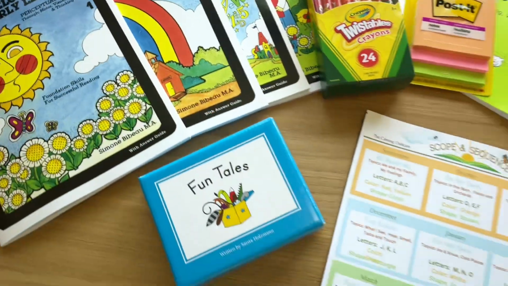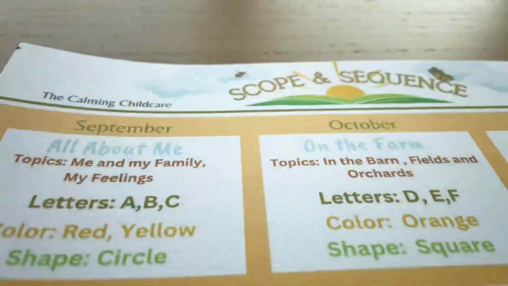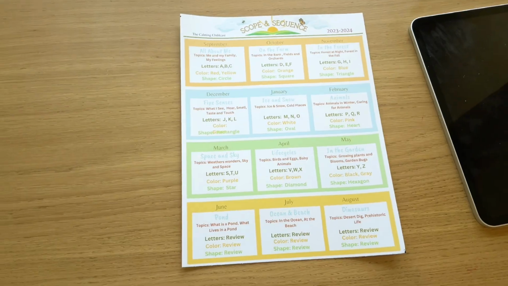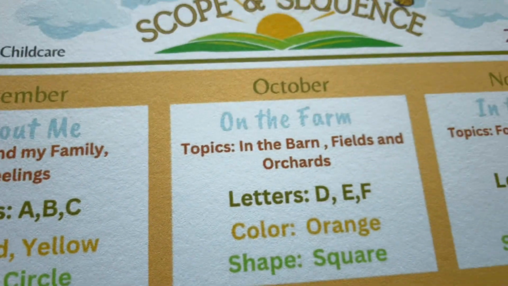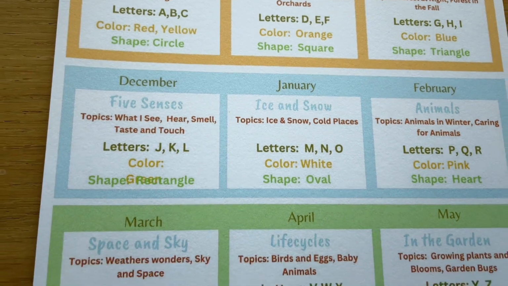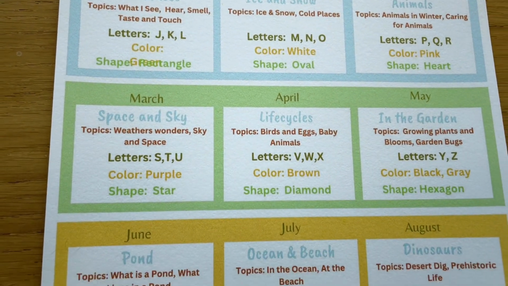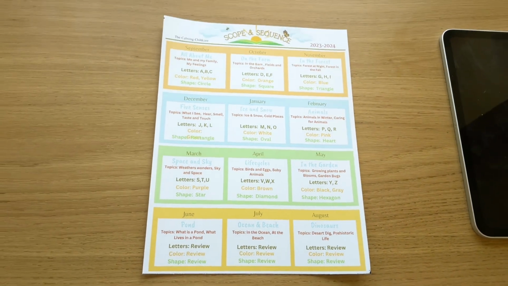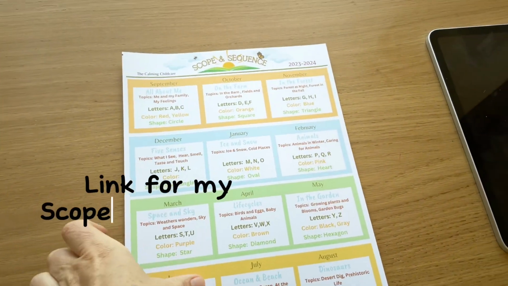Whether you're using a curriculum or not, I think everyone agrees that having a good plan for the full year is very important. At least I know it is for me, so I like to make a scope and sequence up at the beginning of this school year, so I can see everything that we're going to do as the months come, and then it makes my planning easier.